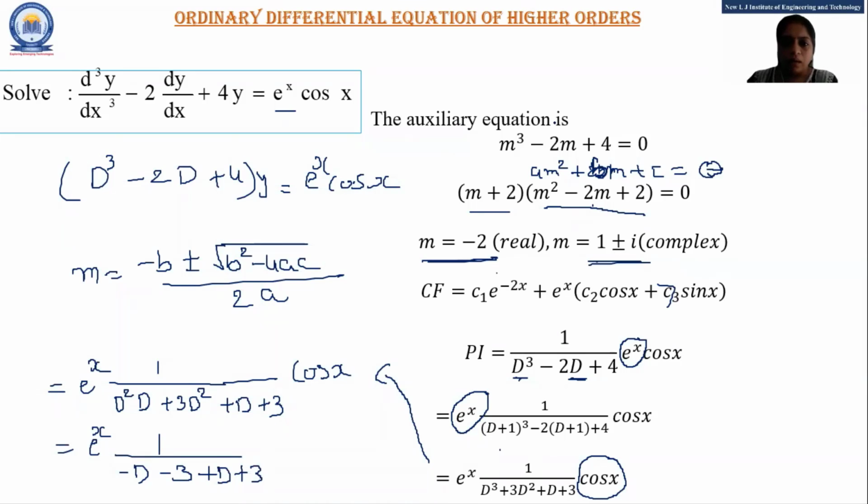See, I am going to explain again one more time. This is the most important step. Please see carefully, everyone. As per the rule, our right hand side is cos x now, right? And as per the rule for case 2, I have to replace this multiple of x, 1, in D square only. So here D cube. I represent this D cube as D square into D. So D square into D is D cube. Then 3D square plus D plus 3, keep it the same. Now I am going to apply this 1.